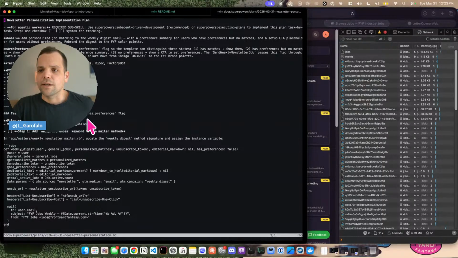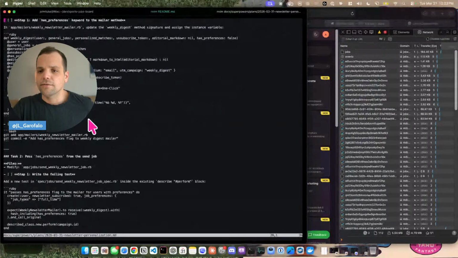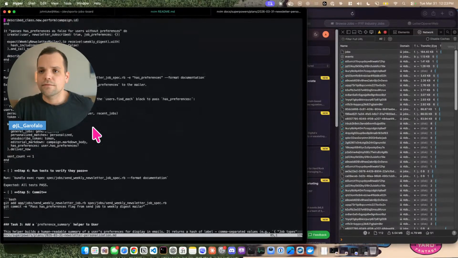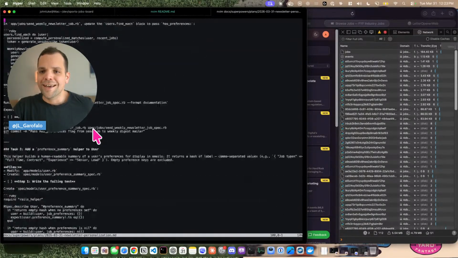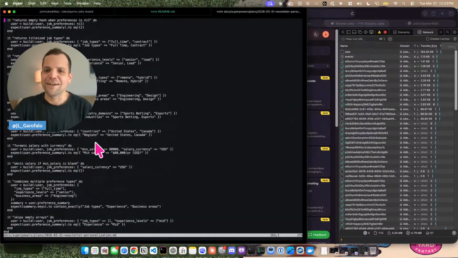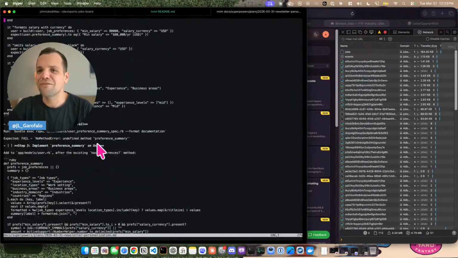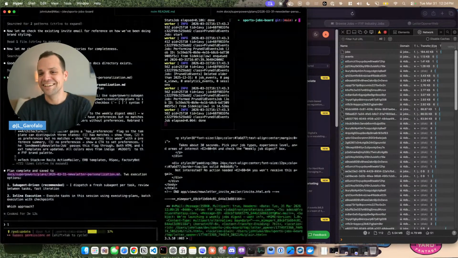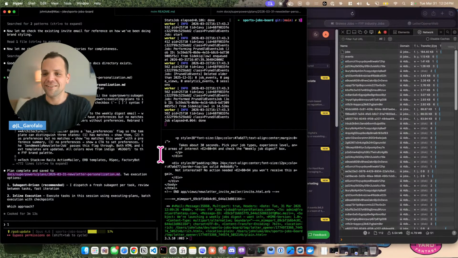Update mailer signature, set has preferences. It's all the stuff we talked about. Yes, I'm reading it thoroughly. Of course, I would never skim this. Run tests to verify that they... Yeah, I'm not reading all this. I'm streaming, bro. I can't read all that.